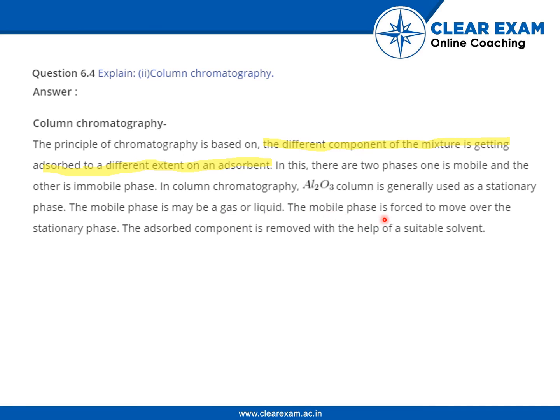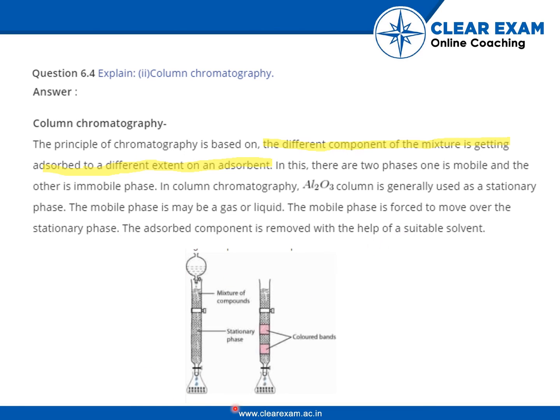The mobile phase is forced to move over the stationary phase. Okay, the stationary phase is the Al2O3 column. The adsorbed component is removed with the help of a suitable solvent. This is the picture. The stationary phase which will not move,